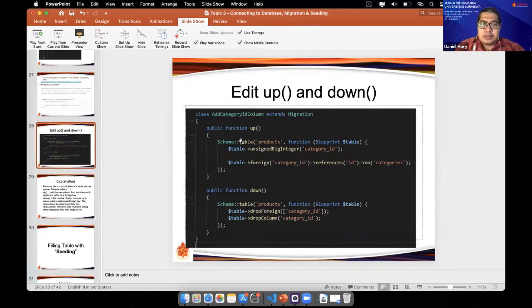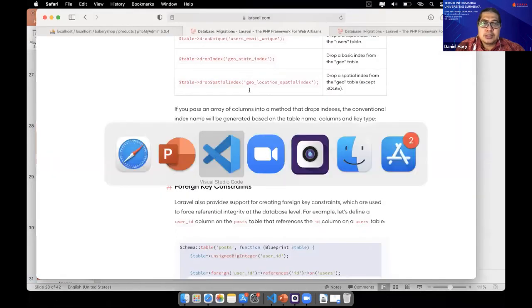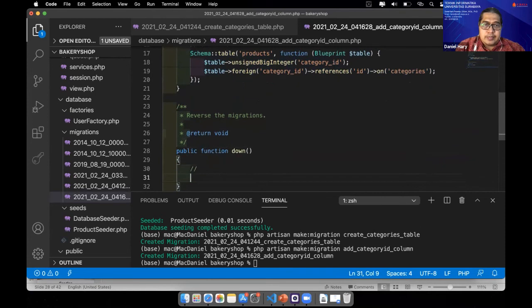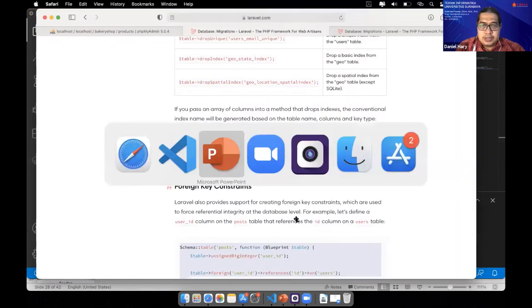Okay, still use the structure like the up, but with a different modification. This one for the down. Remove the reference first.